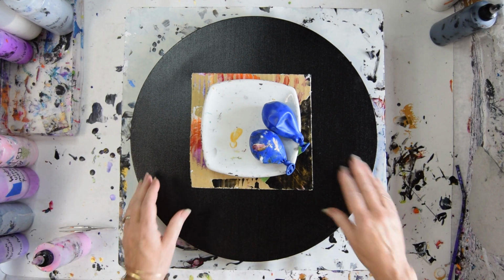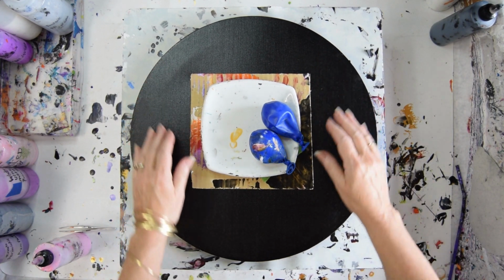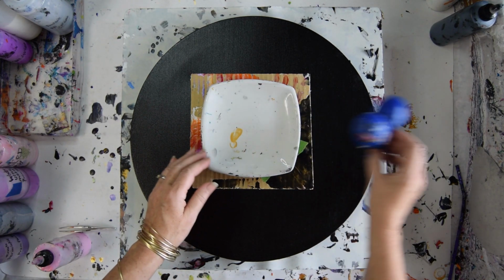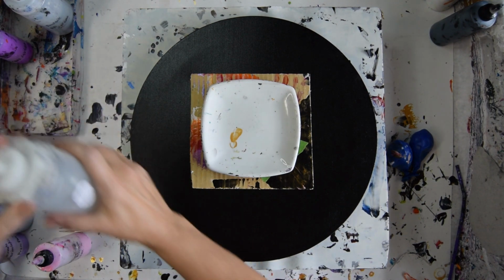Welcome. This is my 18-inch round canvas that's black and been painted and is dry. This is a little dish and a couple of balloons. I am going to put a base layer